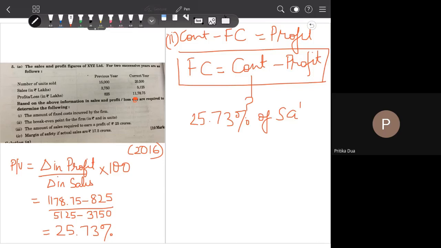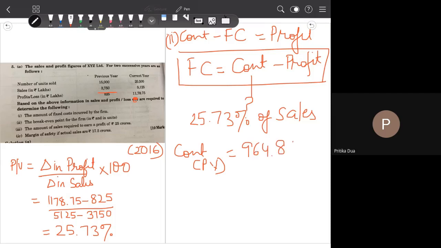So you can take the sales of any year. Let's take the previous year. So your contribution for previous year will be 25.73% of 3750, which will come, yes,